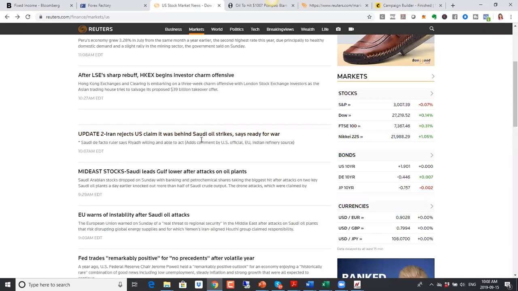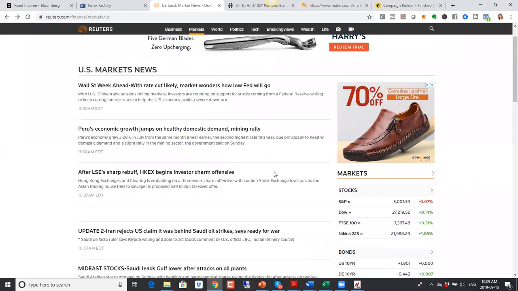Now, the U.S. is claiming that this was Iranian drones that struck the Saudi oil facilities. However, somebody from Yemen has taken responsibility for it. The claims out of the U.S. were that they were from Iran, but Iran has denied the claims. Nonetheless, there will be disruption in the oil supply as a result